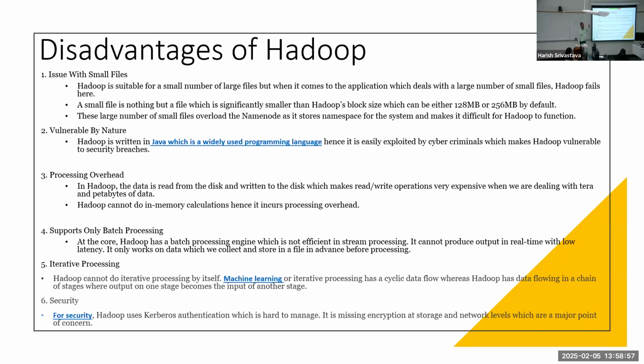Using RDD and the directed acyclic graph, and I will teach you all of that. And the last is security. Hadoop has low security, but I will not go with that statement here. Hadoop can be implemented with high security using Kerberos, which I will teach you. Again, it's not to the level which we need, but yes, it does support security. So it's not really a disadvantage. It says that you can put in Kerberos authentication and other mechanisms, but it is hard to implement at a large